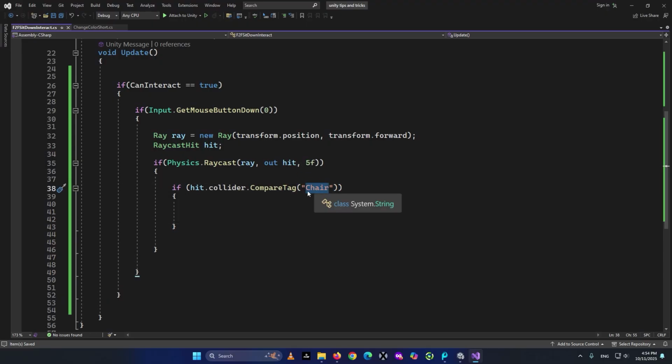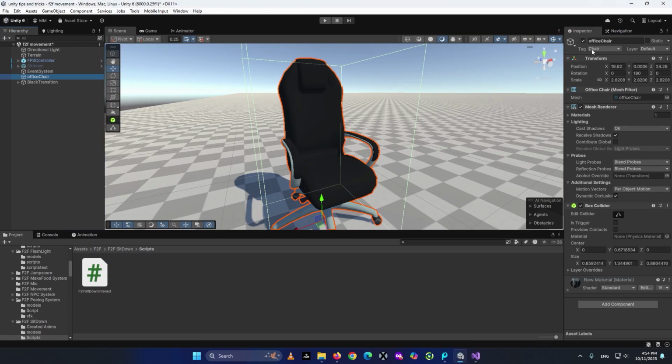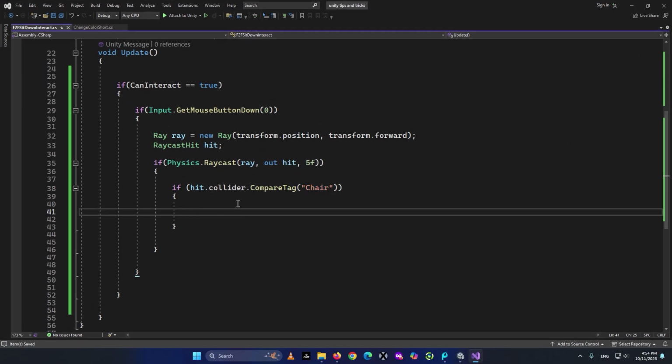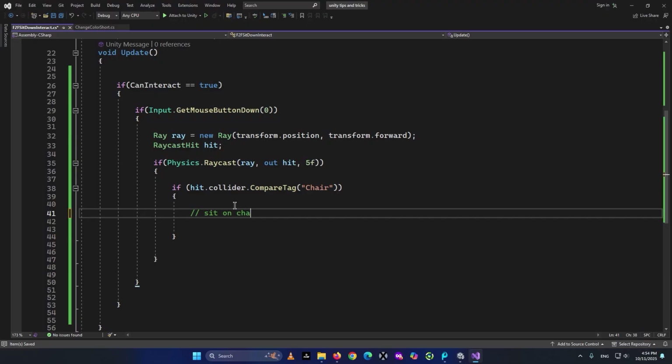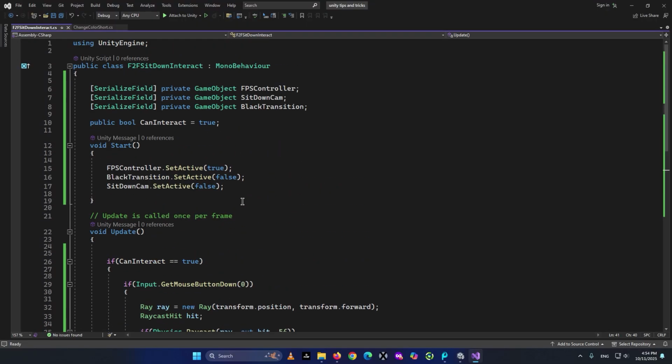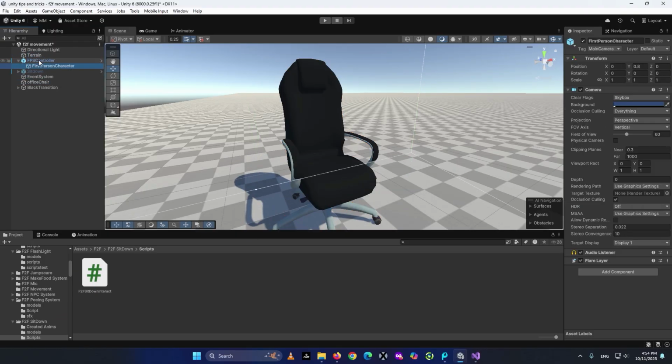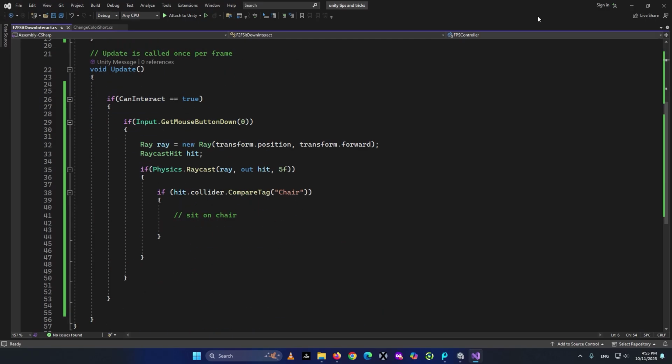Be careful, this has to be exactly the same characters as the tag you created. Capital C, small h, and all the other letters are small, so be careful. It has to be exactly the same thing. If we actually hit a chair, we can go ahead and sit on the chair. We wait 1 second, we deactivate our FPS controller, and the script we just created is going to be put onto the camera, which is actually a child of the FPS controller. So when we deactivate the FPS controller, the script is not going to run anymore,